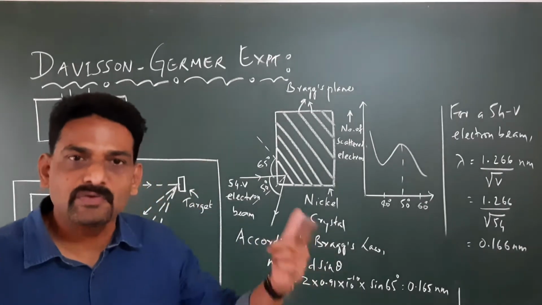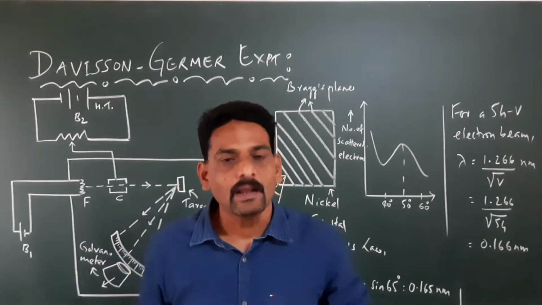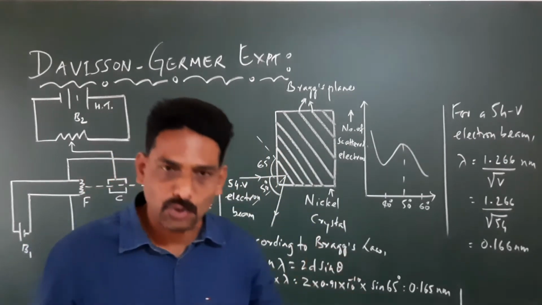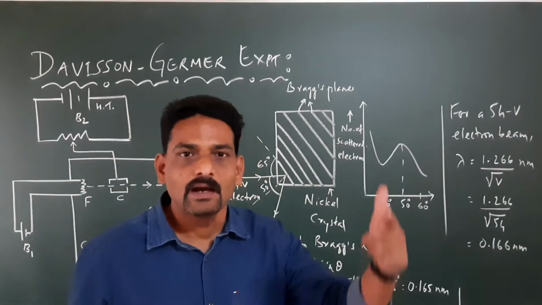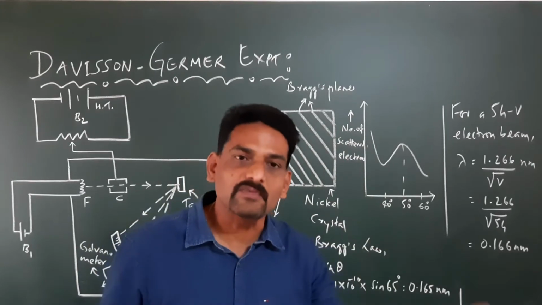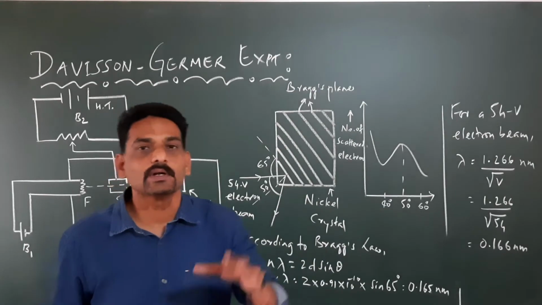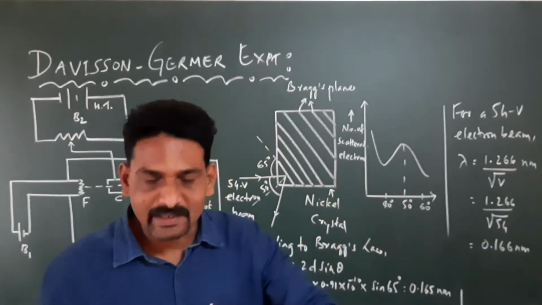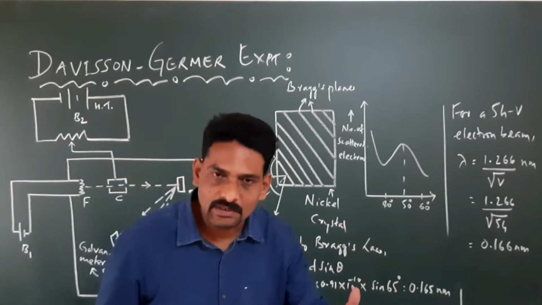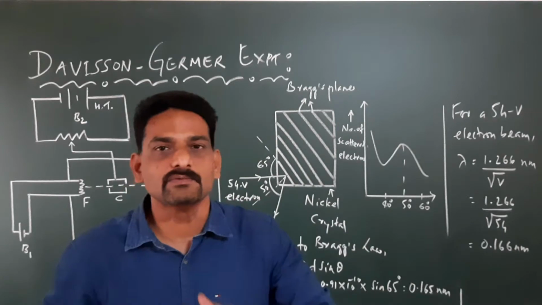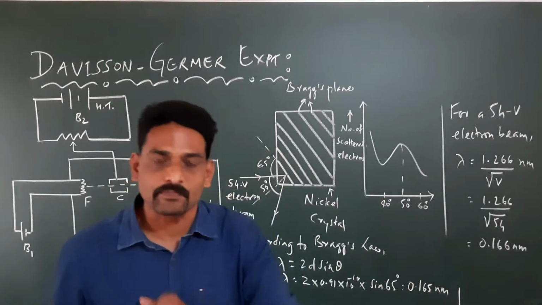In the previous class, we discussed de Broglie's hypothesis. What is that? According to de Broglie, a particle like an electron, a proton or a neutron which is in motion is always associated with a wave. The wavelength of that wave is given by lambda equals h by p. So particles in motion have a wave nature.